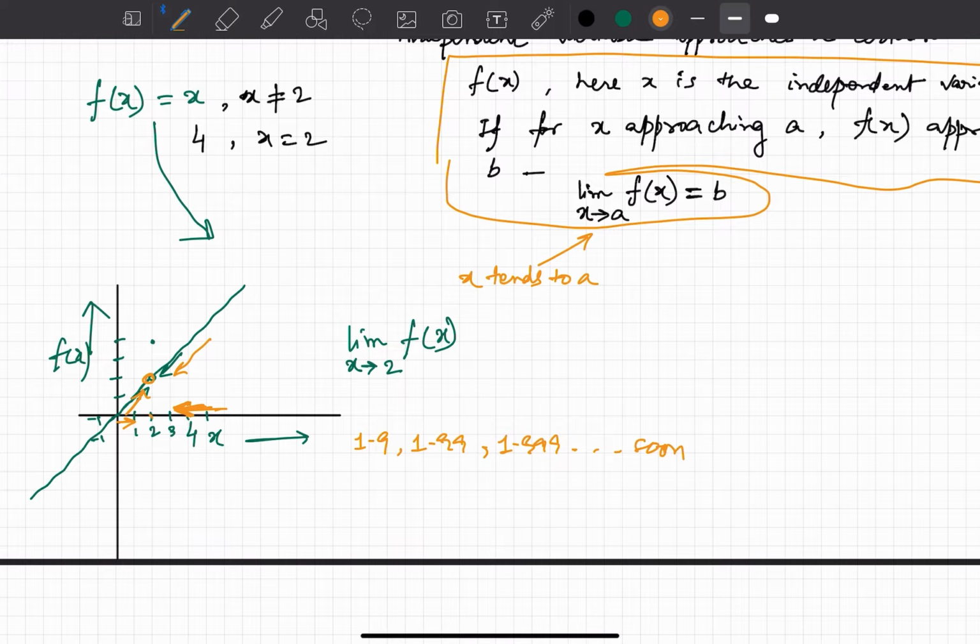So as x approaches 2, we find f(x) also approaches 2 from both the sides. So when x approaches 2 from the left hand side of 2,